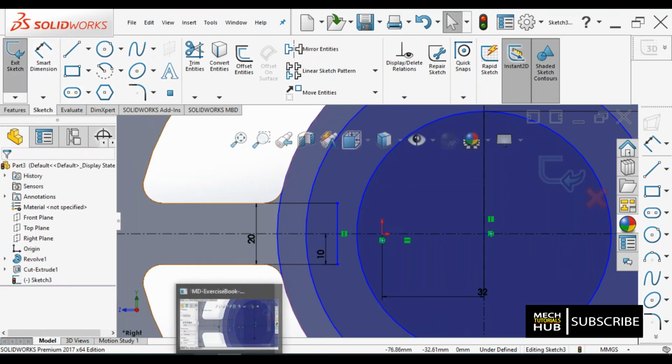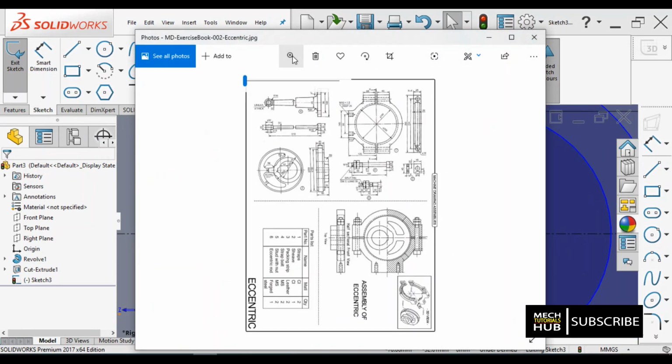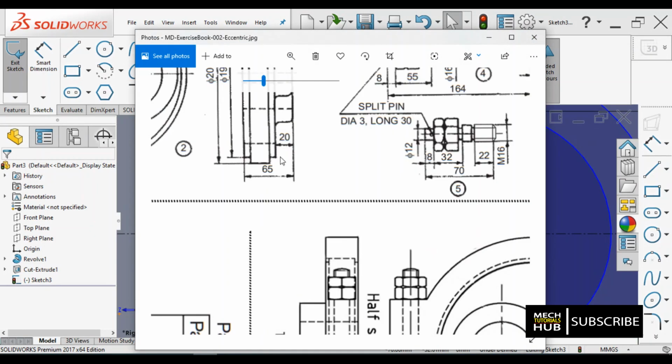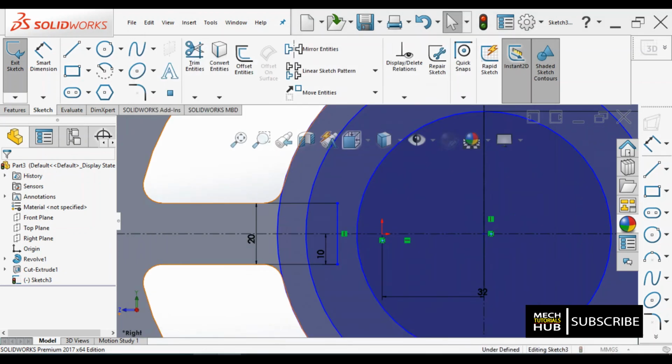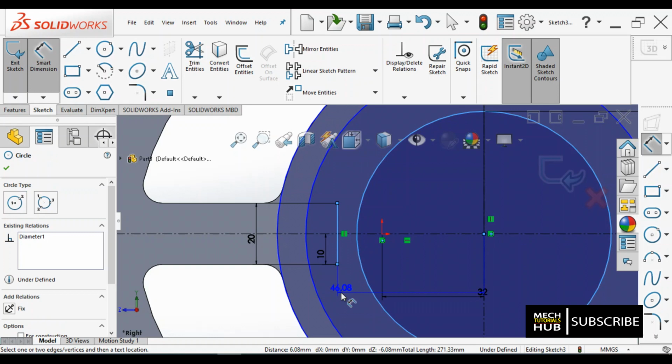and there should be a height of 7, that also be maintained. That 7 from here to this curve, not from the center.